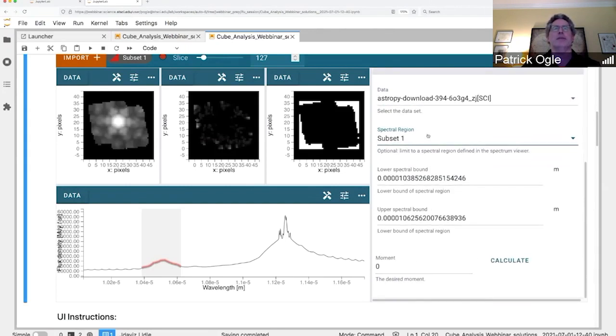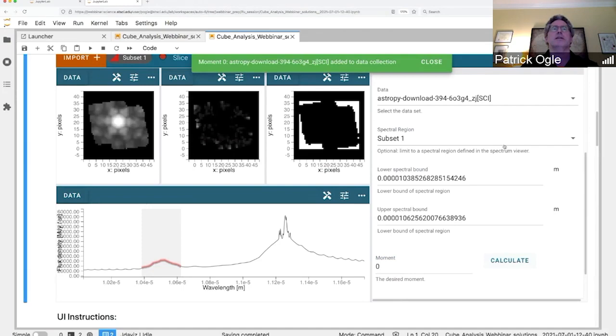And then in order to make an image of this spectral region, all we need to do is add the moment. For moment 0, that's a line flux image basically. Moment 1 would be velocity, moment 2, velocity dispersion. And then you hit calculate, and you'll see that up at the top, that moment map was added to the